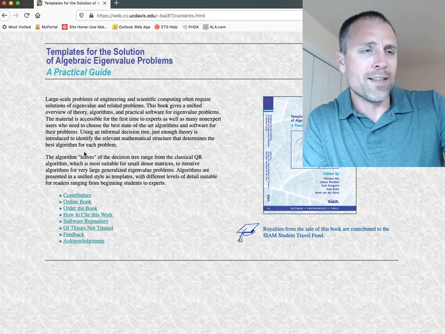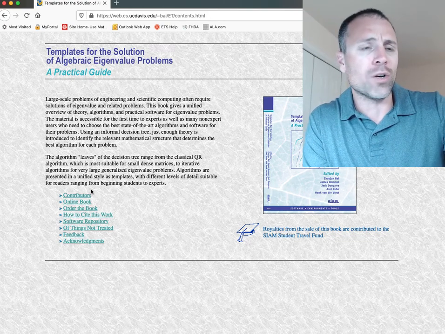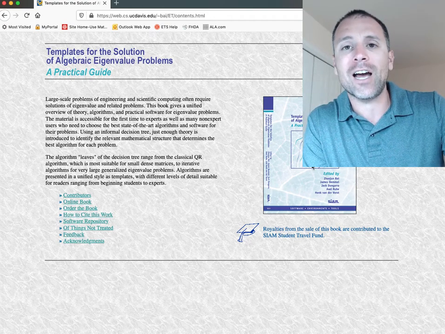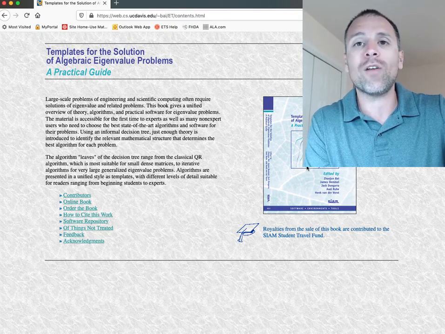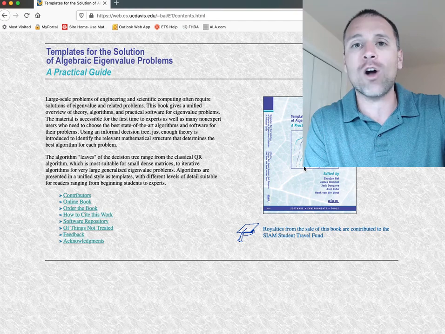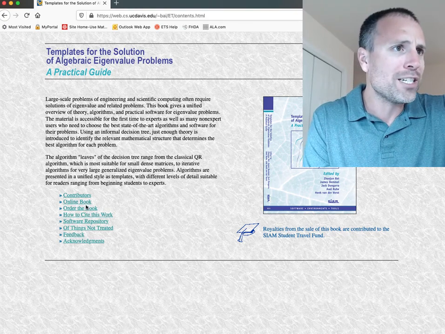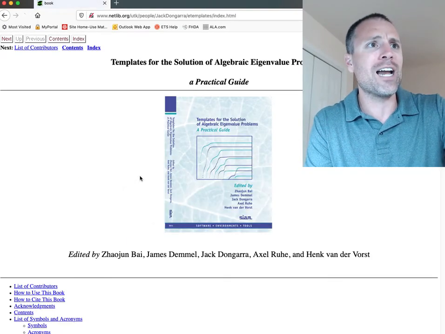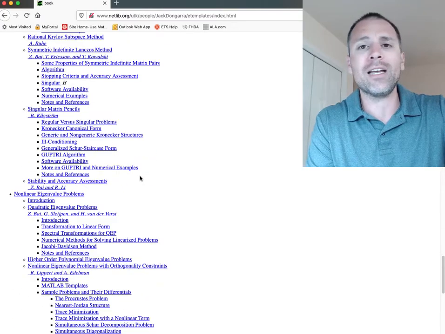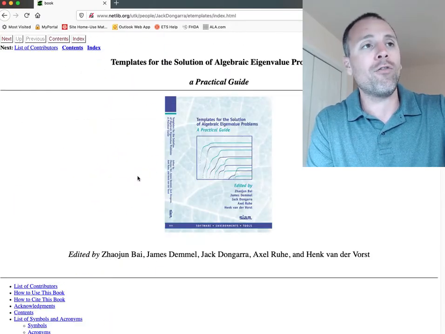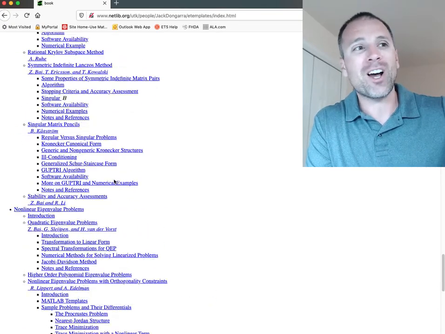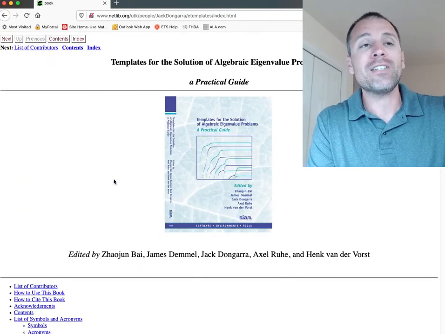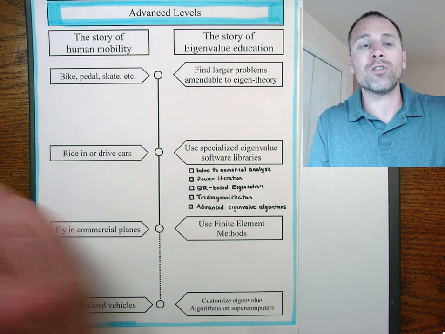If you read this, you're welcome to do that on your own. You'll get a sense of what this book is about. It's designed for practicing engineers and mathematicians who need to solve eigenvalue problems and want to find algorithms to do that. What's crazy about this book is that the entire contents are available online in HTML format. So you can get access to this. If you buy it on Amazon, it's about $100, but